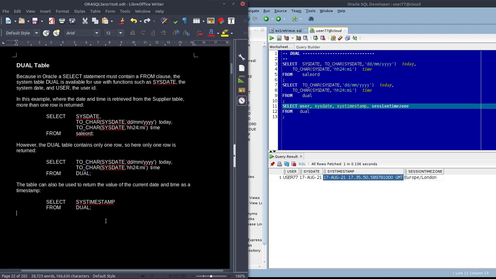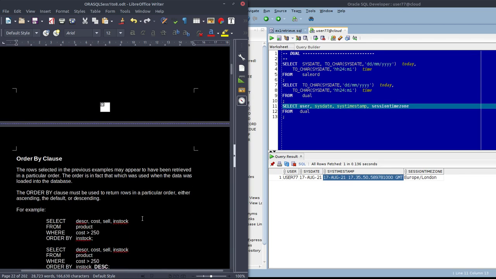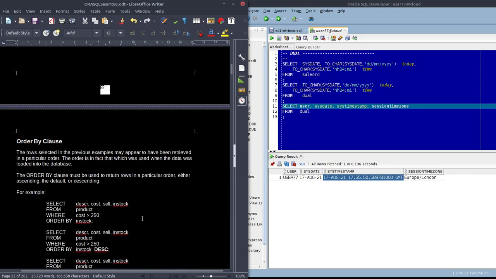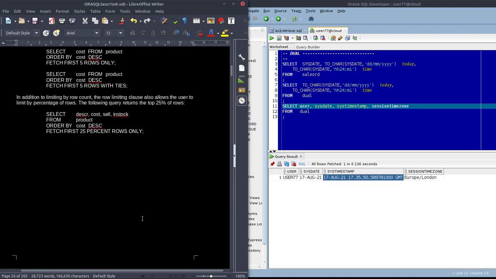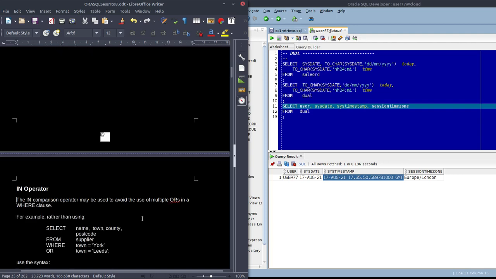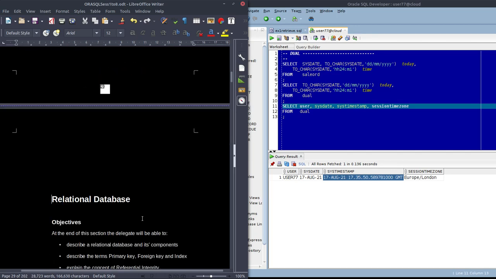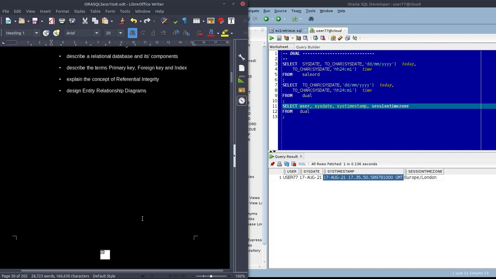Right. Now, like I said, that's where we stopped last time. If you come on session 2 on Thursday, we'll next be looking at the ORDER BY clause, top-N queries, concatenation, which should have been further back, the bit with the double pipes, the IN operator, BETWEEN, LIKE, and then